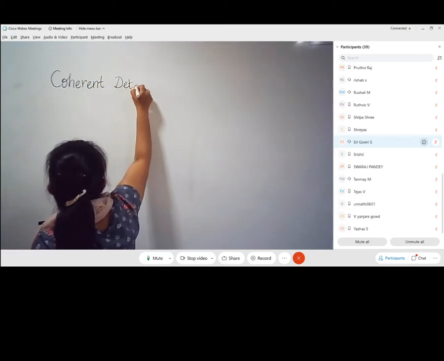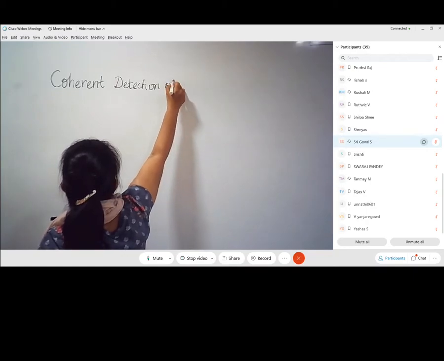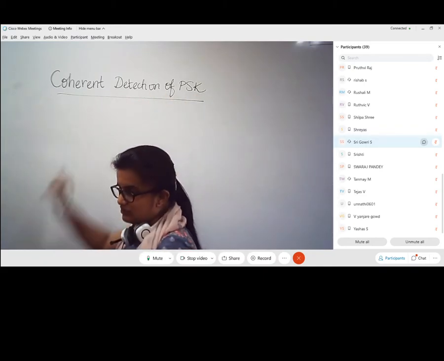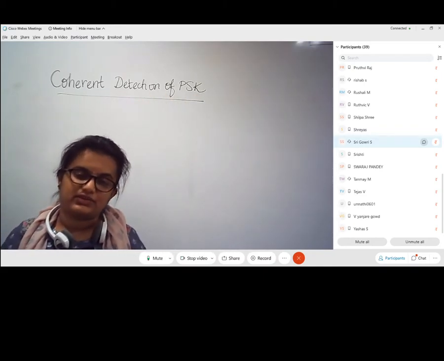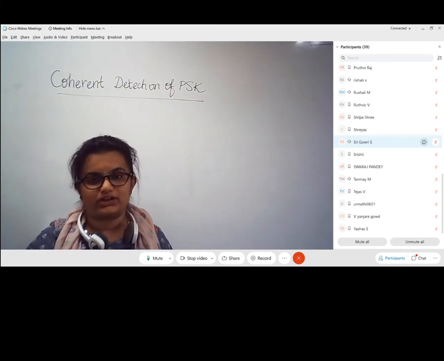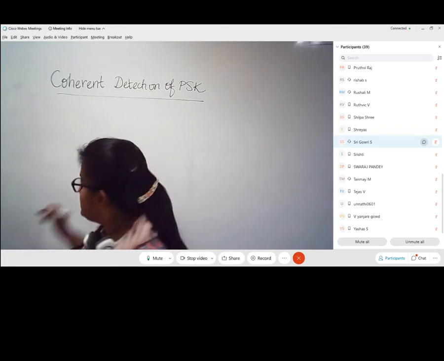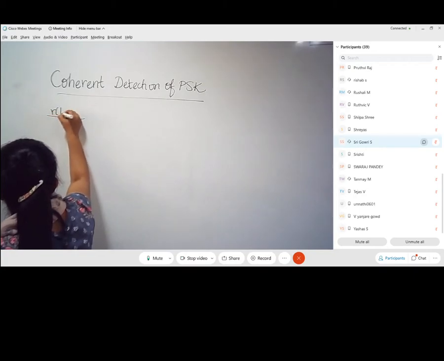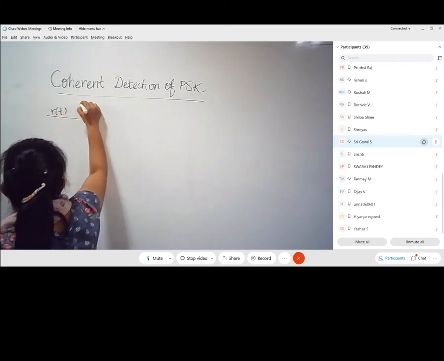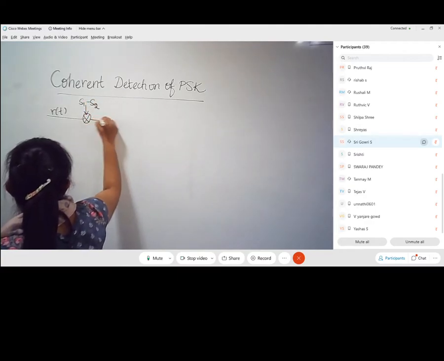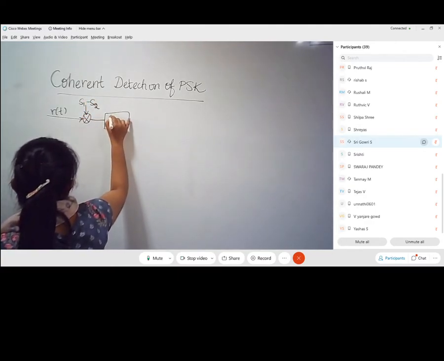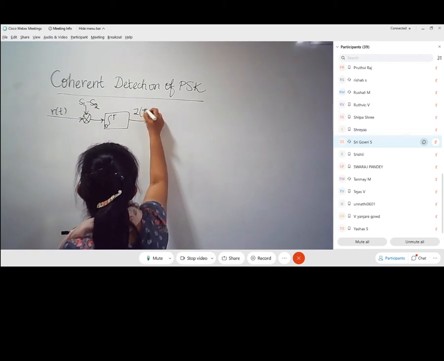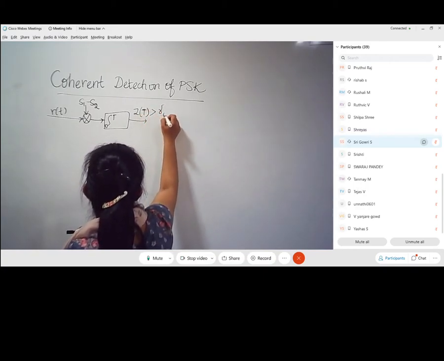So the next topic that we will be dealing with here is the coherent detection of PSK, especially DPSK. So I am just writing it as PSK. Especially we are going to discuss the two symbol PSK, which is called binary PSK. So whatever the correlator that I wrote in the beginning of this class, where r(t) will be compared with respect to the combination of S1 minus S2, and this is going to get correlated or integrated over one symbol period. Then whatever the Z that we obtain is compared against a threshold.